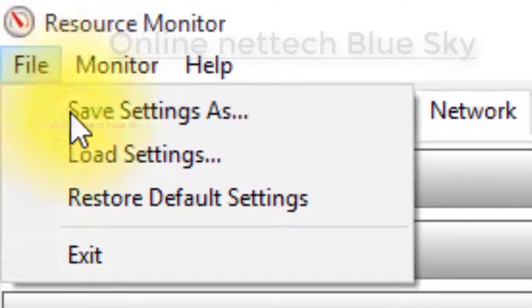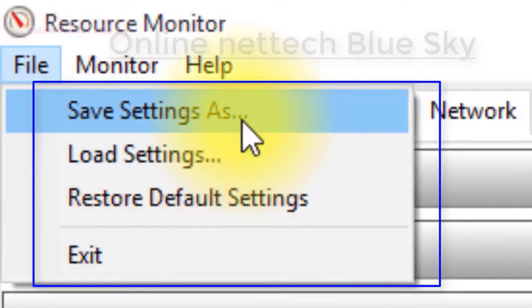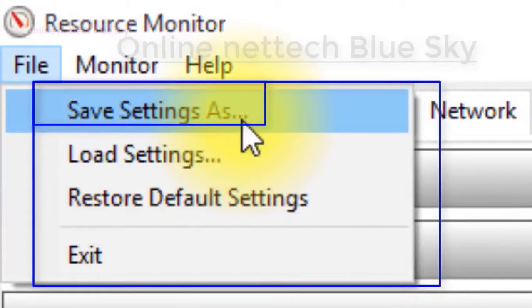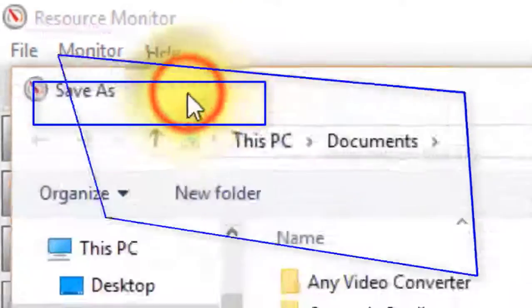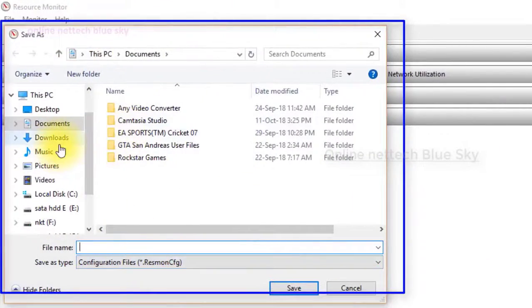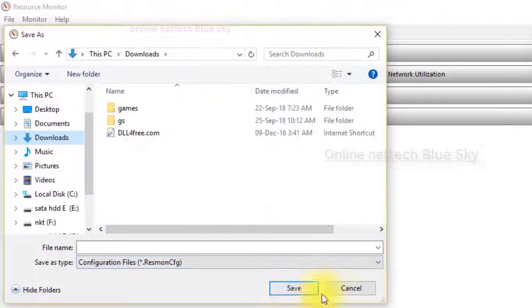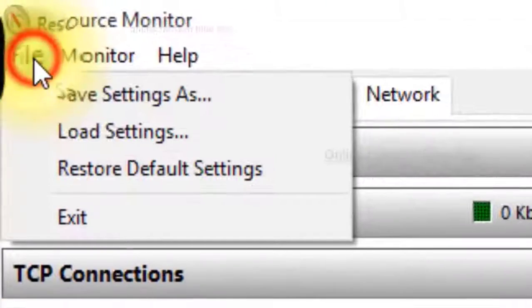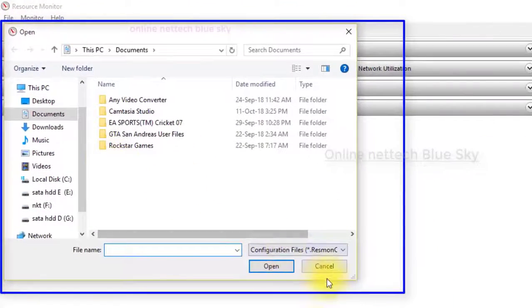So you can see here the resource monitor save setting. If you want to save this, you save your system's file details in your computer, and in the future you can use this file. I save it as a txt Notepad file, so I just click on select location, and first I am showing why to save.